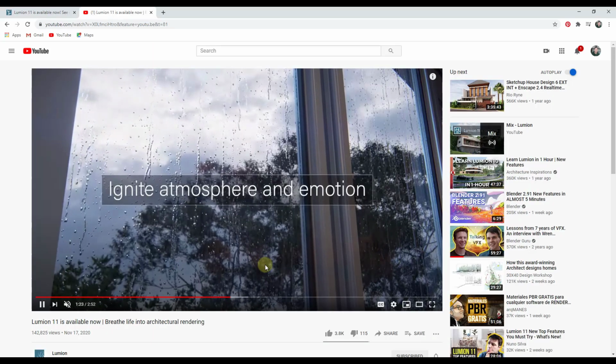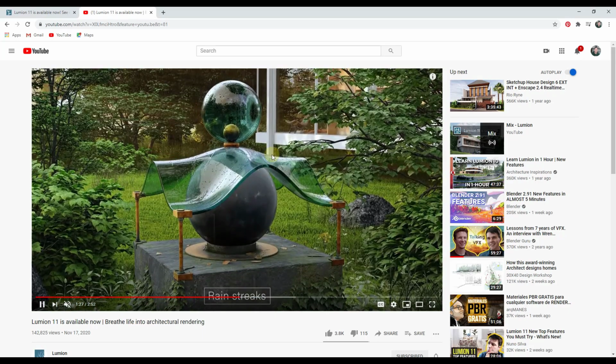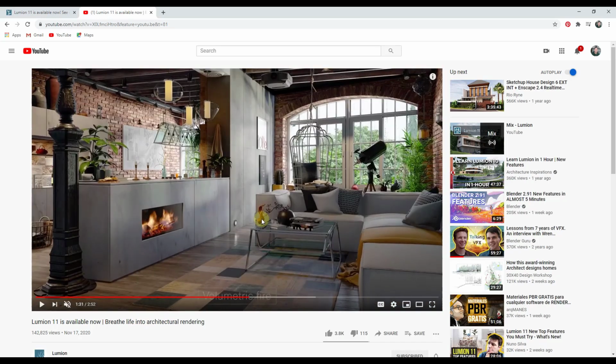So that's going to be located inside of your precipitation settings, and it's pretty easy to add, and it figures out where these need to go for you, so you don't need to mess around a whole lot with settings or anything like that, which is one of the things I really like about Lumion in general. It really gives you the ability to add something without having to spend too much time on it, right? I don't want to spend a ton of time figuring out how to have the rain streaks. I just want to have the rain streaks. So that's one of the things I really like about this program, is a lot of these effects are just really easy